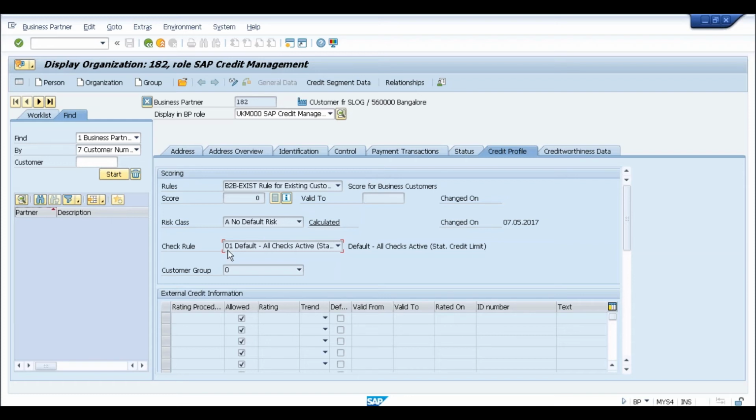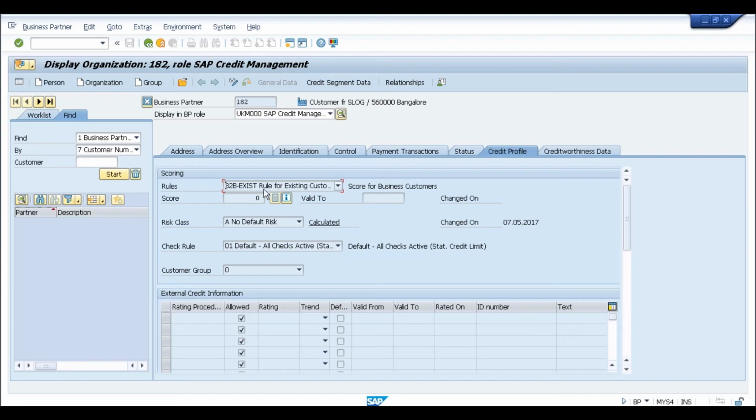Okay. So I told you what is this check rule, but the question is what is this rule still? Don't get confused between rules and check rule. For us, check rule is important. And this rules, as I told you, FSCM also provides the functionality where you want the system to perform the rankings, scorings, as well as the credit limits automatically calculated based on the credit rating agencies. That particular rule will allow you to calculate the credit limit and the score for the customer based on the information that you receive from the credit rating agencies, which is totally the functionality which was never available in the normal credit management.